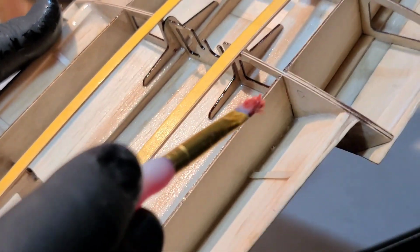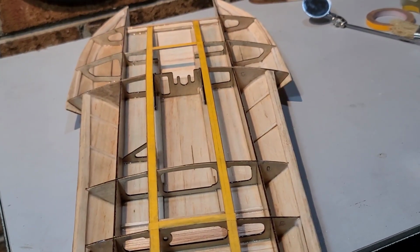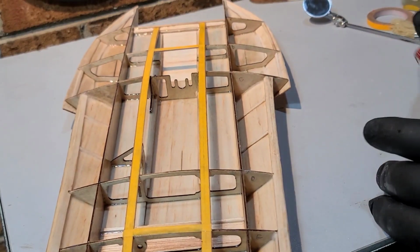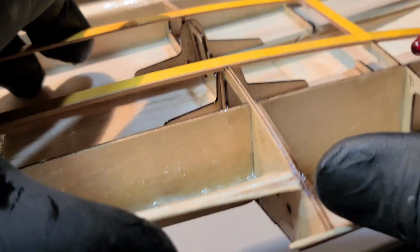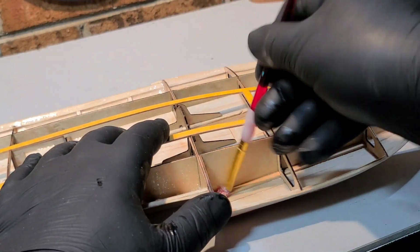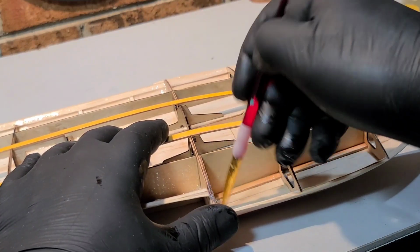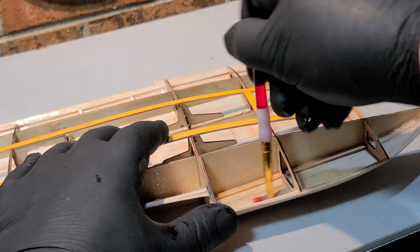I don't want any water in these sponsons. They're supposed to be bone dry. So any steps you can take to keep water out of the sponsons, I suggest trying it. I'm going to get a rag and wipe it down smooth, all the tops of these stringers and bulkheads. I'm going to wipe off all that epoxy I got on there. I don't want any built up epoxy on my stringers or bulkheads. For one, I won't have to do much sanding before I put my topside skin on, and two,